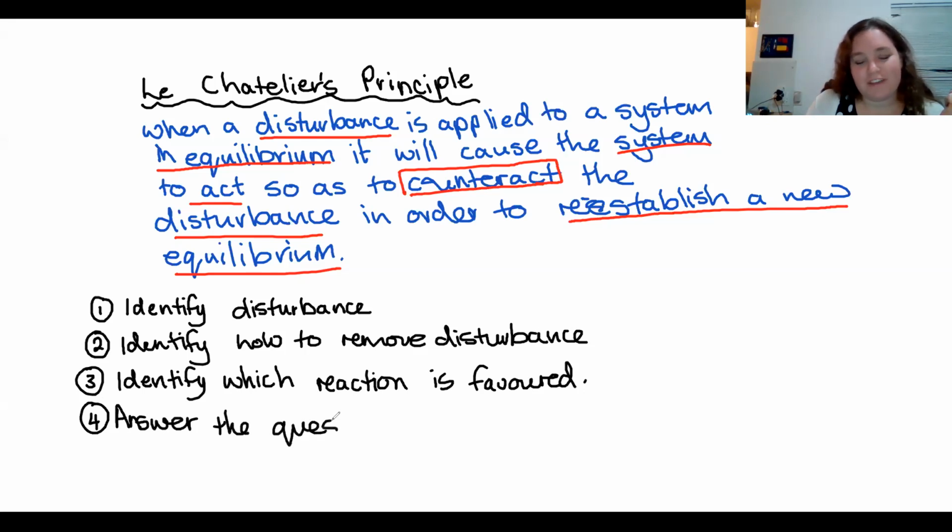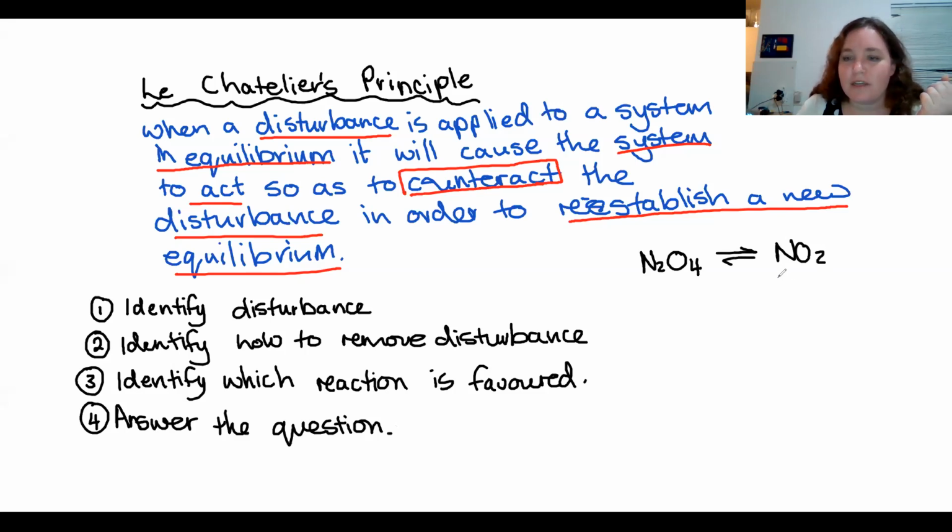Now, the reason I specify that you must answer the question is that sometimes the question isn't, are we favoring the forward or reverse reaction? The question might be about a color change. Quite often with chemical equilibrium, they like to ask questions that involve N2O4 being in equilibrium with NO2. And hopefully by the end of today, you'll all have it cemented in your mind that NO2 is brown. It's a brown gas. Nitrogen dioxide, if you didn't know, is brown. I'm going to do this, you guys won't see it. I'm underlining it in white, okay? And I'll not write it in white, it's not going to work. But this is a clear, colorless